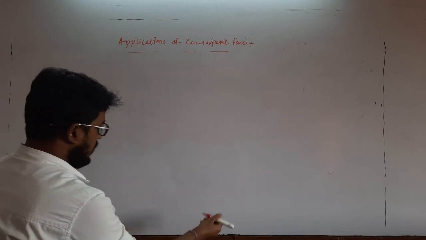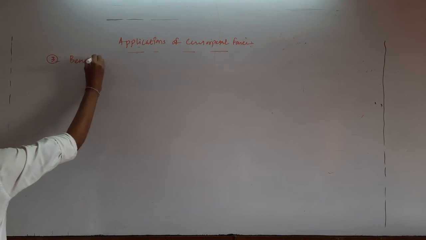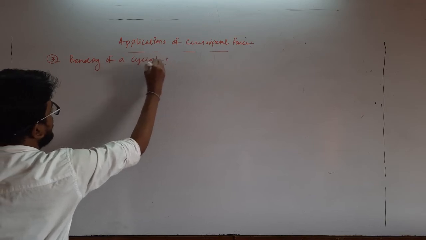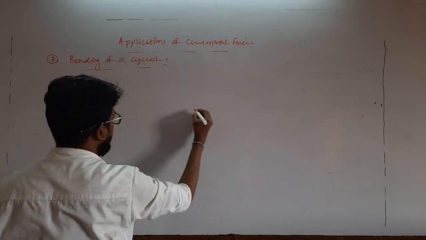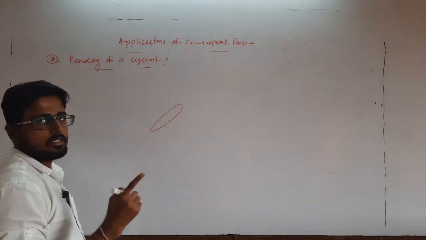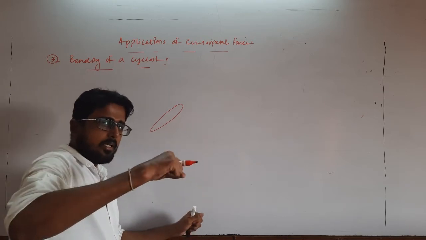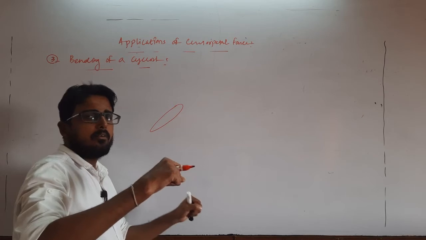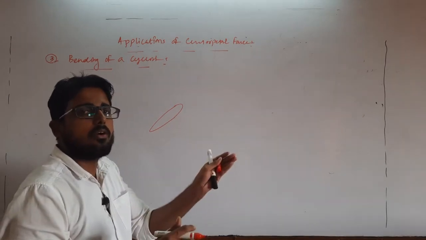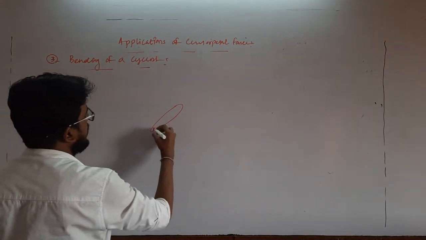So next application, it will be application 3, is bending of a cyclist on a circular track. So if here is a cyclist, when the cyclist is taking a circular turn, generally along a leveled path, you incline the cycle. So what will be the value of bending of that cyclist with respect to vertical for taking a sharp turn or taking a circular turn? Okay, then we have to find out the maximum safe velocity or the inclination of a cyclist.